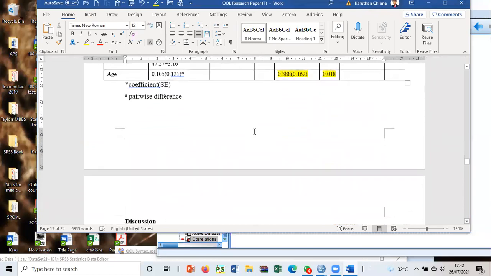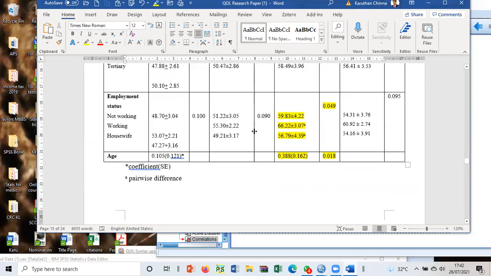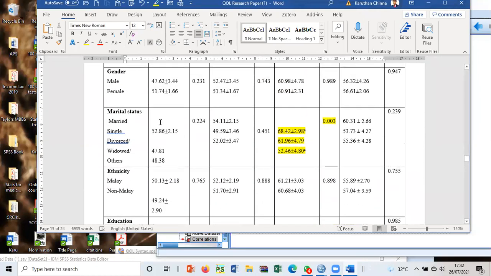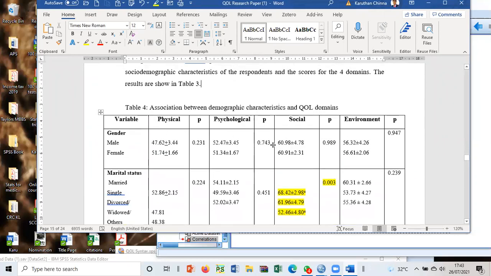Questions? Prof, I just wanted to ask, for the decimals, do we standardize it, like three decimal points, or how? So all these 2 decimals, the p-value normally 3 decimals. Okay. All the rest can be 2 decimals. Okay.